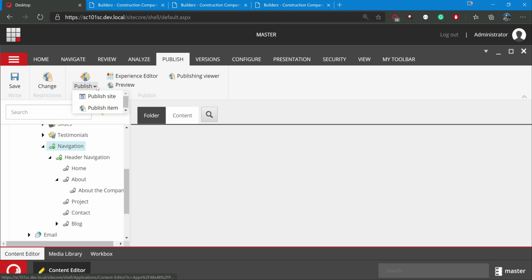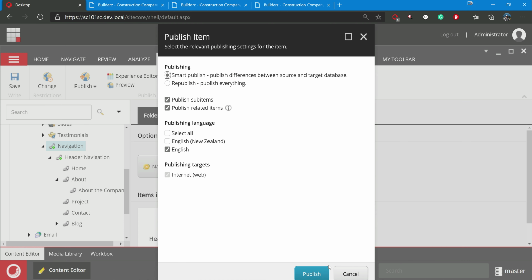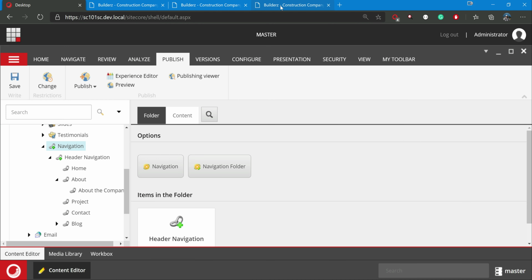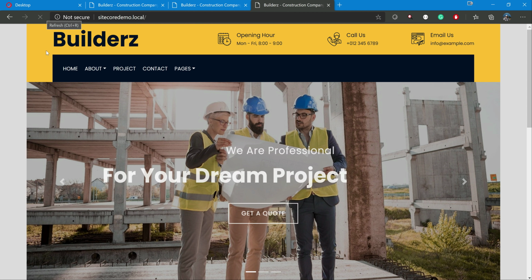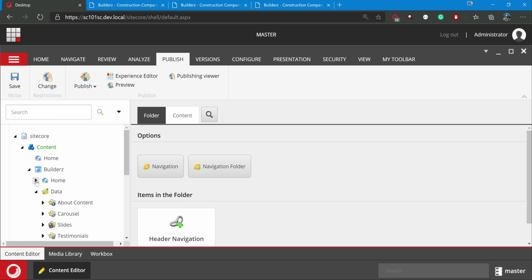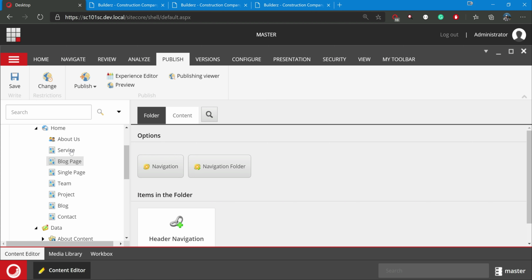So now you have about and about the company. So like this you can have a number of items, based on how your UI is and what the business requirement is, you can build this, and this does not have any impact on your content tree. So your content tree can go as it is, based on whatever the requirement and suggestions. It is not tied to your navigation structure anymore. So you can have a flat structure, you can have a complex structure, whatever structure you want.